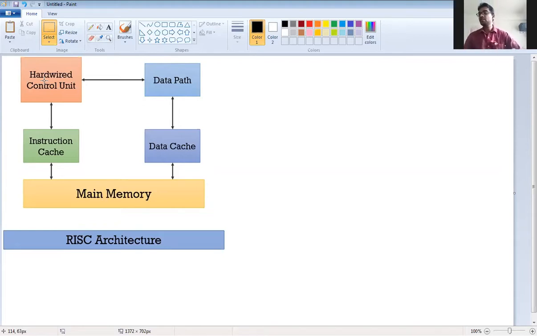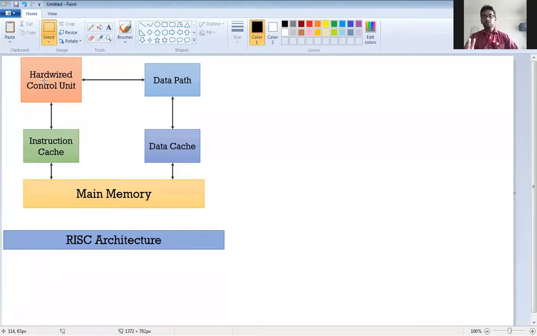So it has one-cycle instructions. Whatever instructions are there are executed in one cycle. Within one clock, one instruction will be executed. In the next clock, the second instruction will be executed. In the third clock, the third instruction will be executed. So all the instructions are one-clock-cycle instructions. Because of it, the speed is fast, but obviously the system complexity will be larger because more focus is on hardware and less focus is on software, because the number of instructions is less. All instructions are one-cycle instructions.